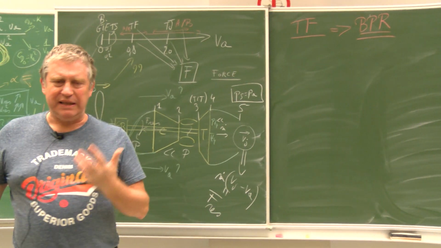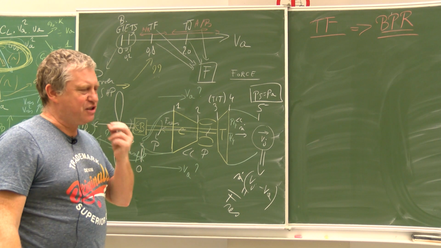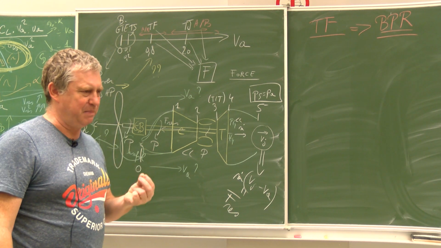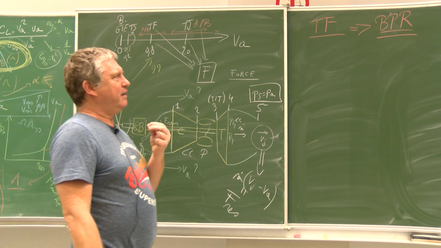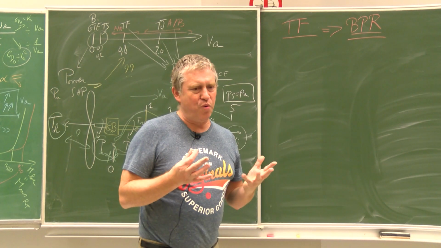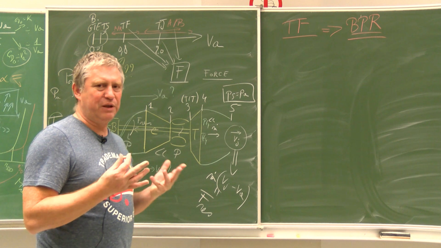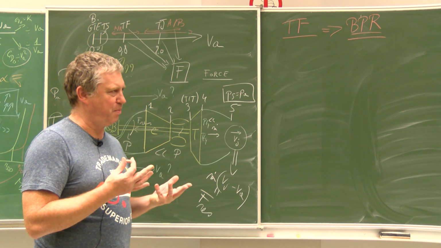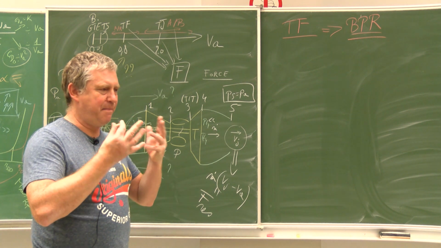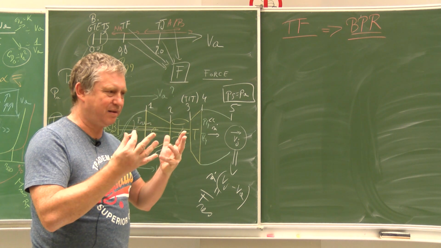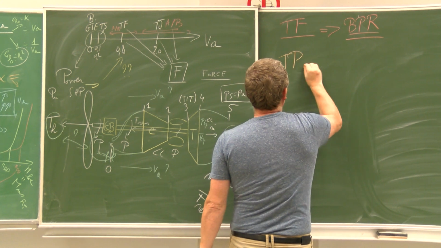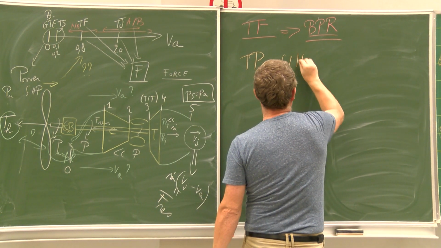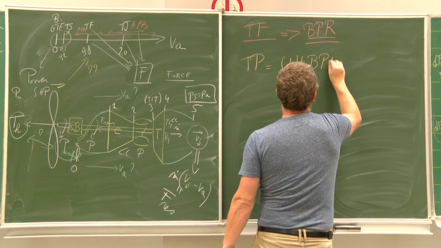Because I know that the bypass ratio is the most important parameter that we have introduced in this course. And by showing you the similarity between a turboprop and a turbofan, I am able to say that the turboprop is an ultra high bypass ratio